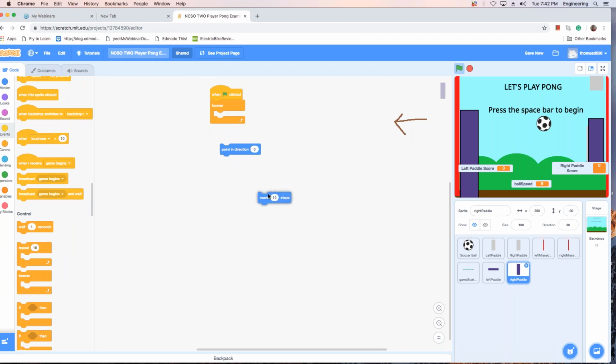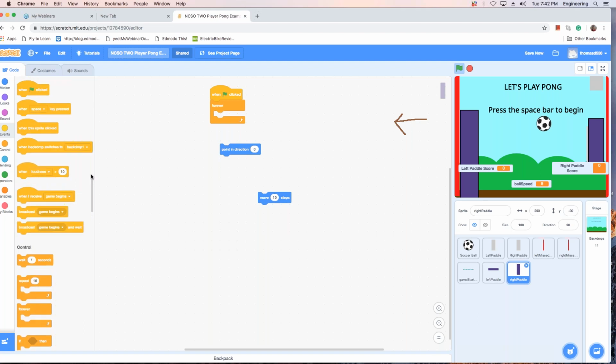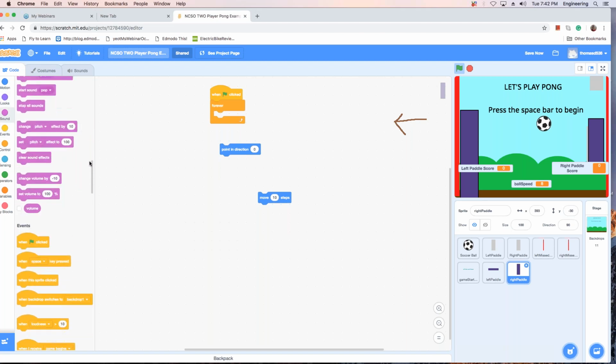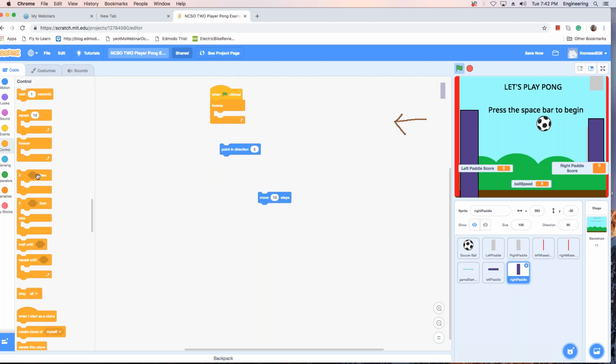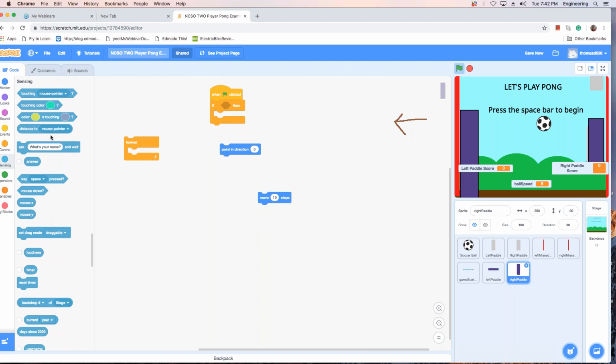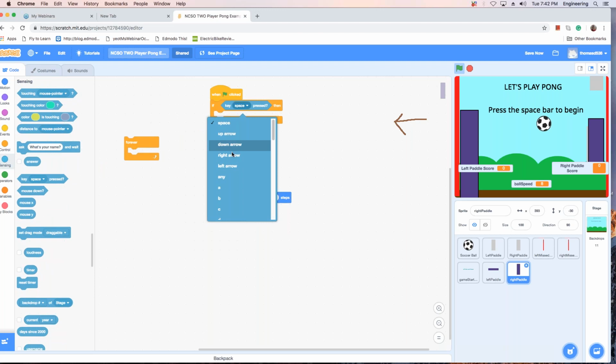All right. And then you do these series of if-then statements. You have to have the forever, because if not, it'll go right through the if-then statement before you could even press the key. If I just said when click and then I did an if-then, right? So I had that if-then, and there was no forever loop. So I had if-then, and I did the sensing, if. In this case, it's going to be the up arrow key, because I've just said I'm going to make it up there, and then I'm going to move,